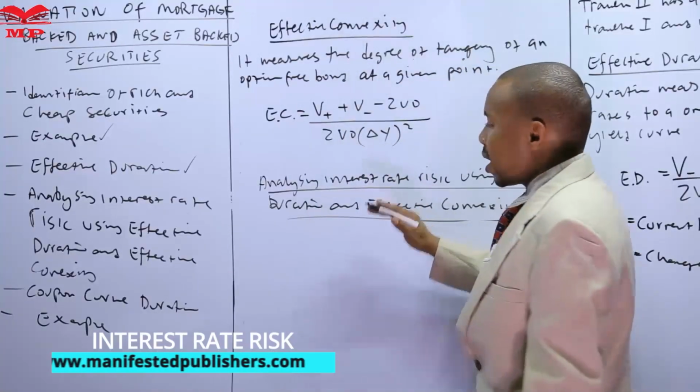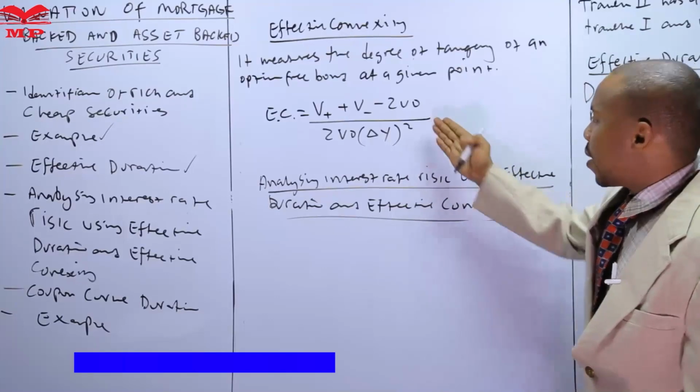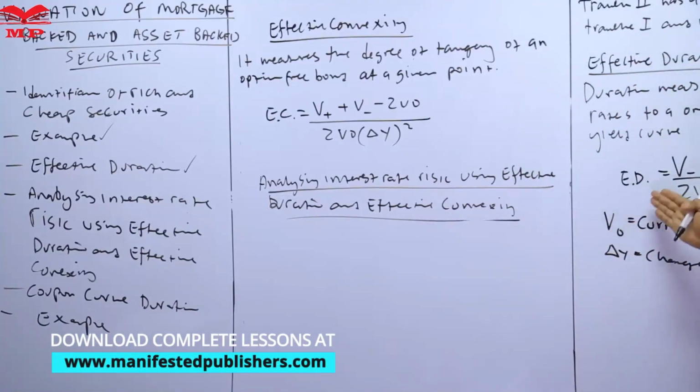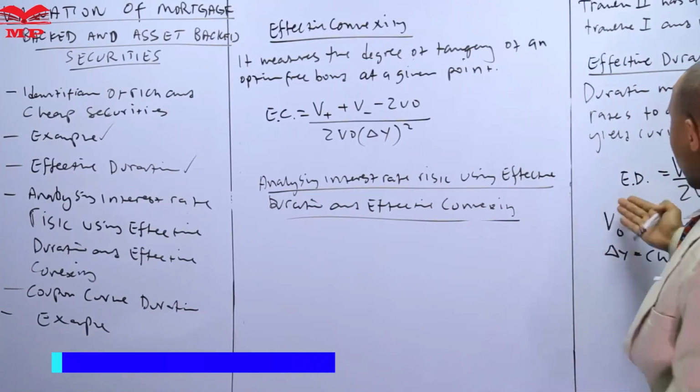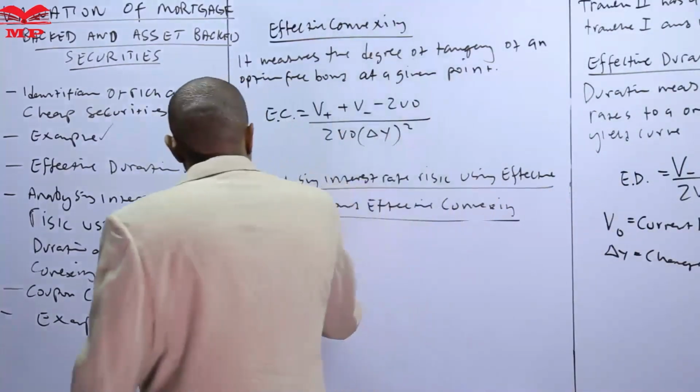Now we just move directly to the formula. We don't need to explain anything. We've already done these two formulas for effective duration and effective convexity. The formula is quite simple and doesn't require much. So we are saying interest rate risk,